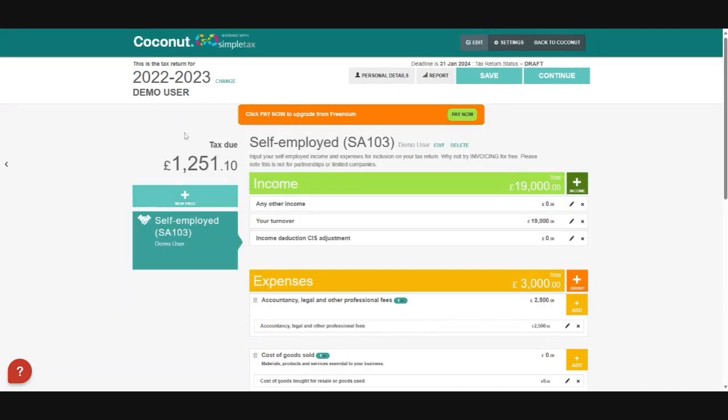And in the top left-hand corner, we have the live tax position. So based on that income alone, my £16,000 profits from self-employment, you can see my tax liability is £1,251 and 10 pence. And as you add or take away information from this tax return, that figure will update